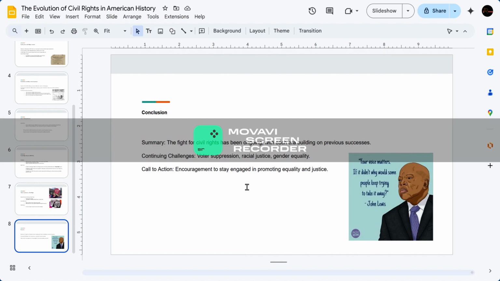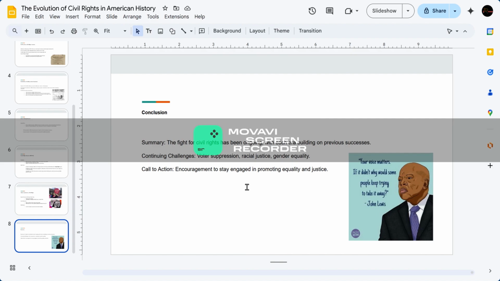I just put a call to action here, encouragement to stay engaged in promoting equality and justice. I feel like everybody should be engaged in everything that's happening right now in the world, like with Trump and the voting process, being very involved in that as well as these protests and understanding these things. It's very important, especially if you're going to be a voter in the future. So yeah, this is my presentation on the